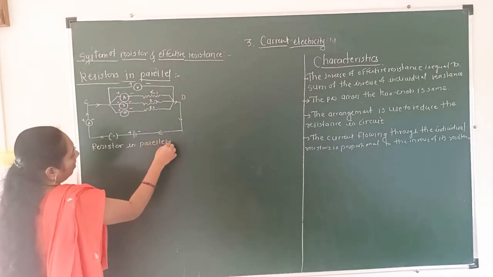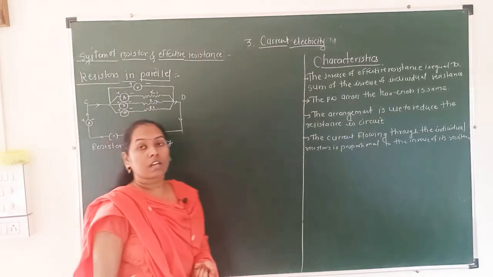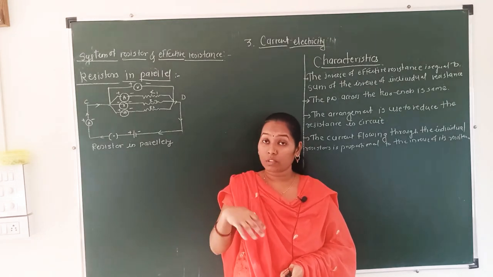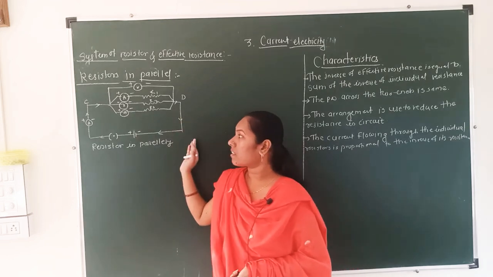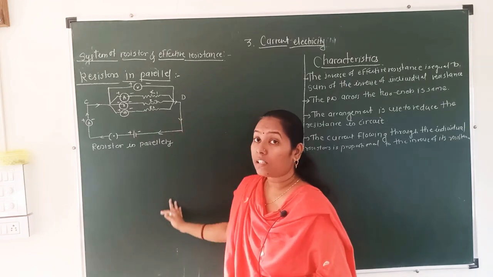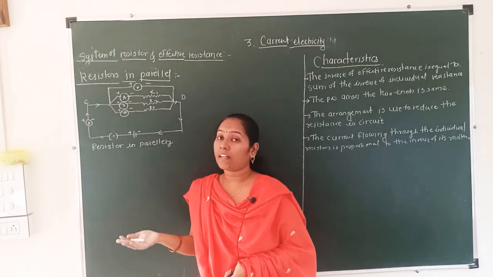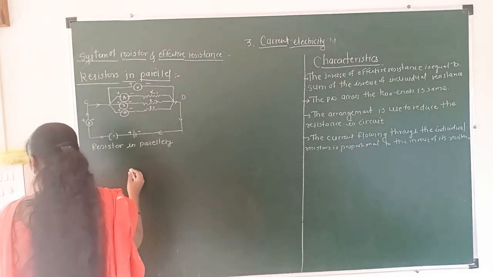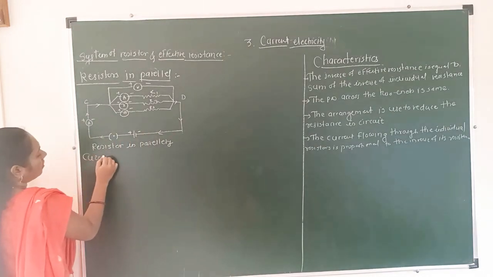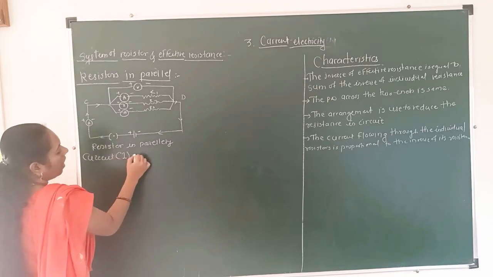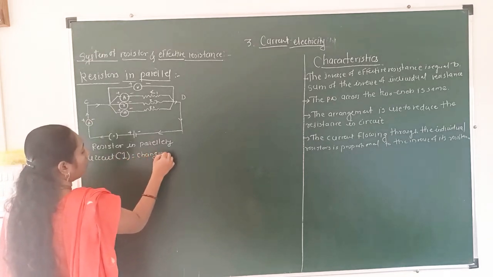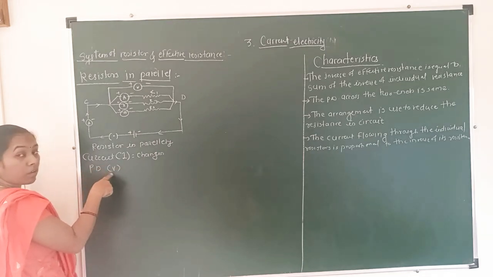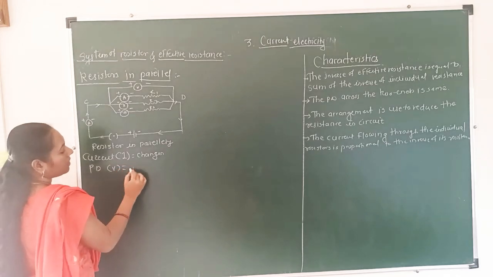Okay, when the resistors are connected parallelly, two things are to remember. The first one is, when the resistors are connected parallelly, the current changes and the potential difference remains the same. Which two things have I told you? The first one is the current changes, meaning I changes, and the potential difference, which we show with the help of the voltmeter, remains as it is, meaning it is a constant.